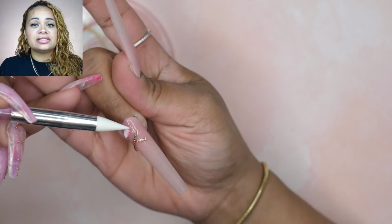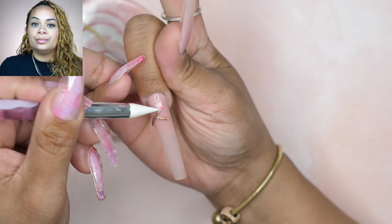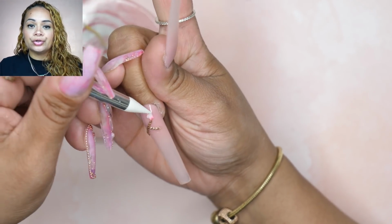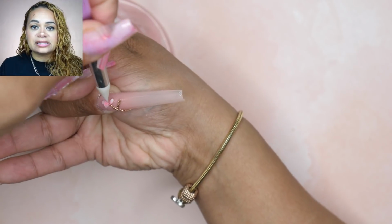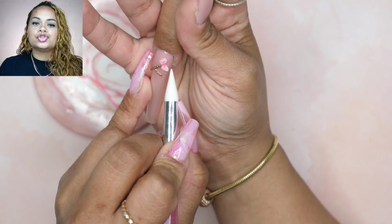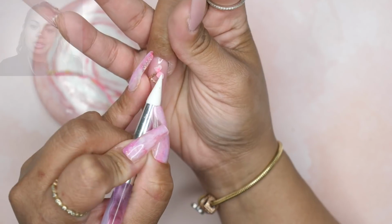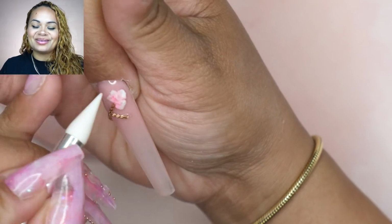I had a hard time sticking it to the actual nail, but I found out and I remembered if I do a little bit of base gel, I cure it for like 15 seconds, and then I add the little clay pieces, and then I start molding it into petals. It helped so much. But yeah, I just keep doing that until I was fully satisfied with how my flower